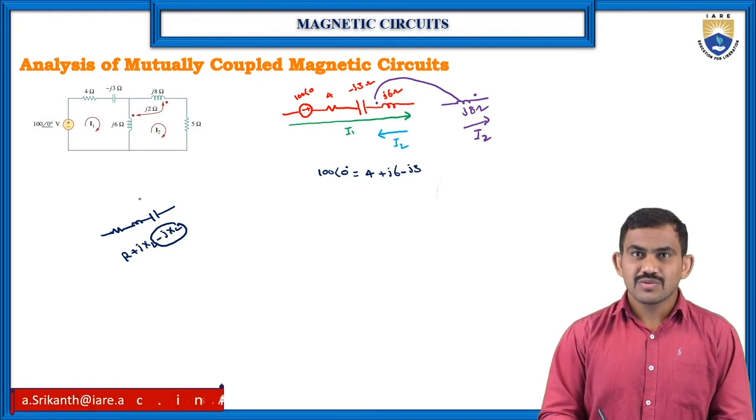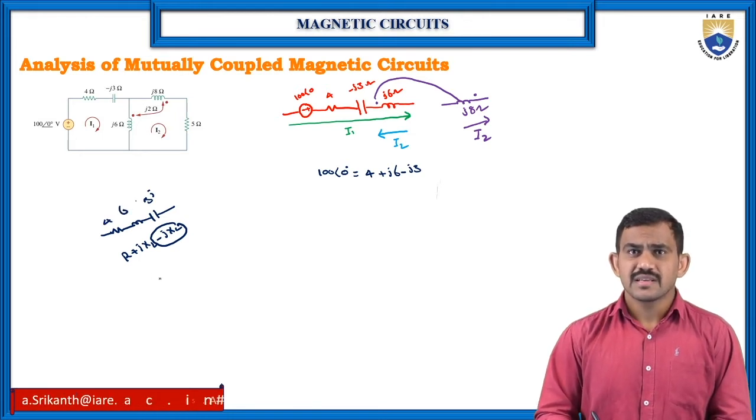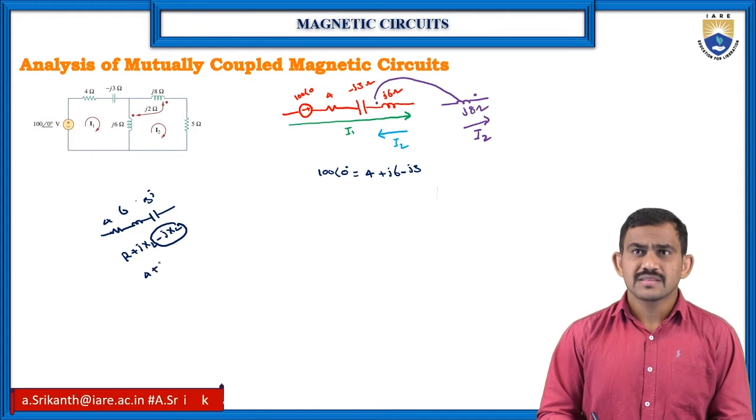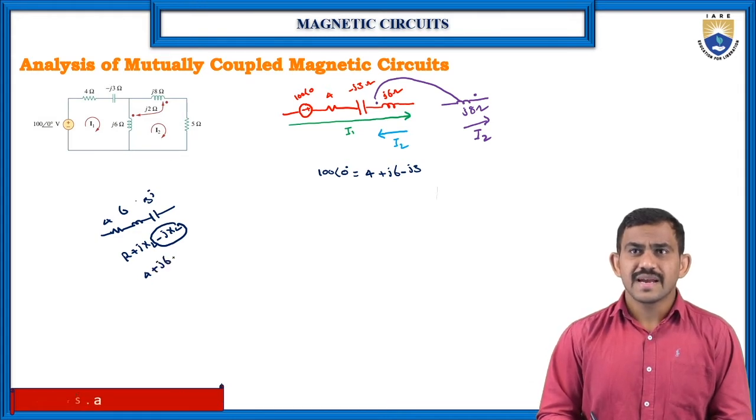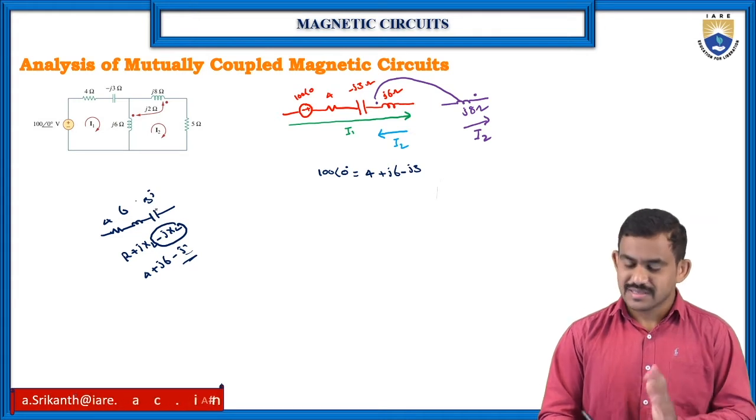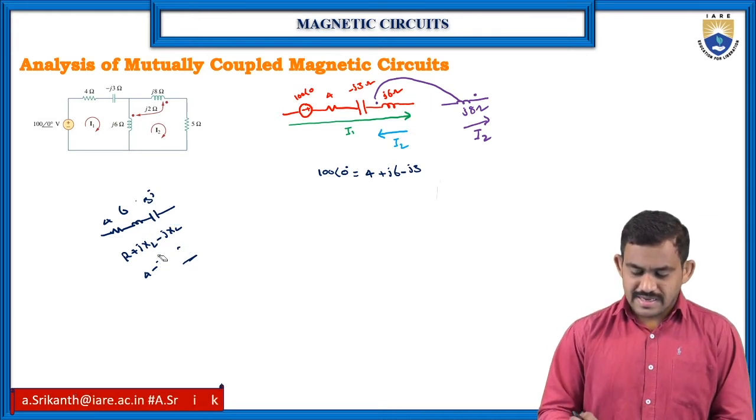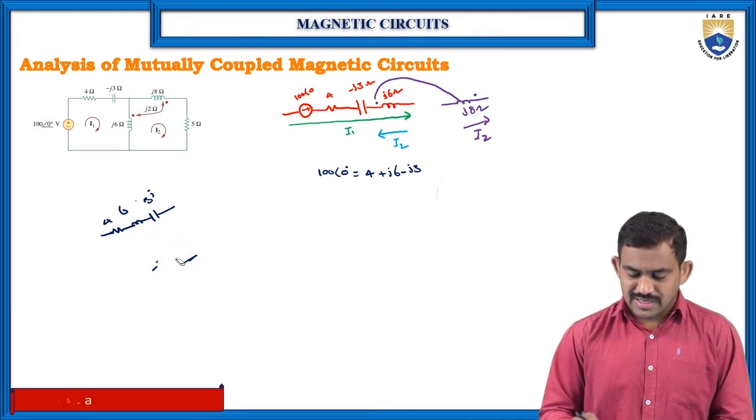Clear? Suppose he is given only a 3J, then also we need to write, suppose here 4, 6 and 3J, then also we need to write like 4 plus J6 minus J3 only. So for the capacitor we have the minus value, that's it. Okay, and coming to your equation,